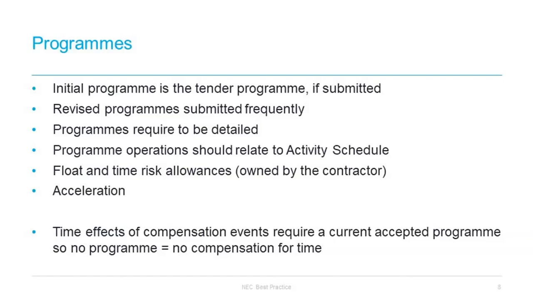If the project manager does not accept a programme for any other reason than listed, i.e. it's not practicable, it doesn't show the information required, it doesn't represent plans, or does not comply with the works information, that is a compensation event under clause 60.1(6) or (9). The programme cannot be rejected simply because completion is shown as later than the completion date. There is no easy way of forcing a project manager to accept a programme, and compensation events are complicated. It is therefore key to maintain good working relationships and to have discussions about reasons for rejecting programmes, as it is important to get an accepted programme in place.